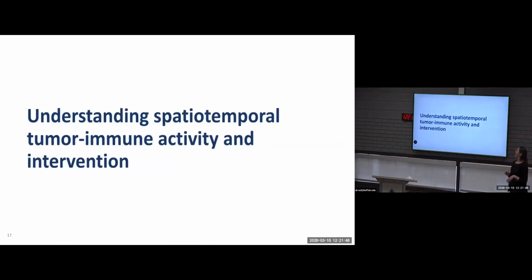All right, so back to our tumor immune activity over time question. So specifically the story of how can we understand tumor immune activity in space and time and then intervene through different types of treatment, ideally optimized treatment, and try to keep our immune system as active, as primed as possible to be able to respond to that tumor.